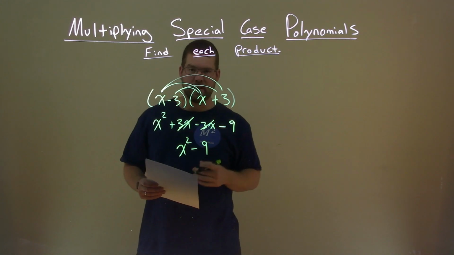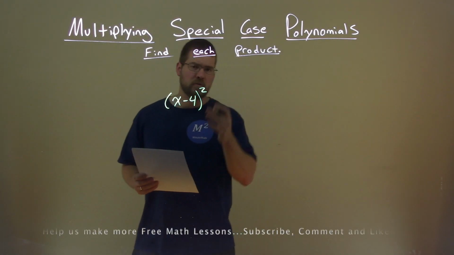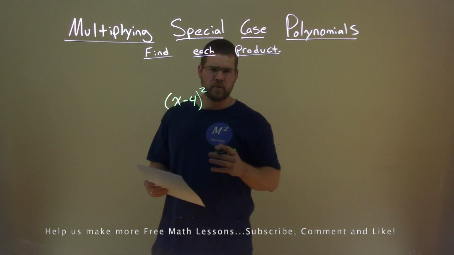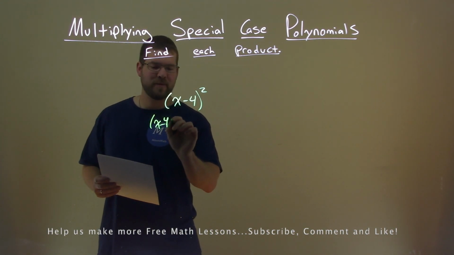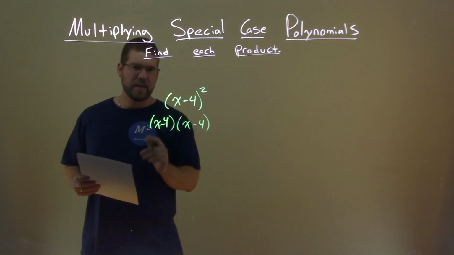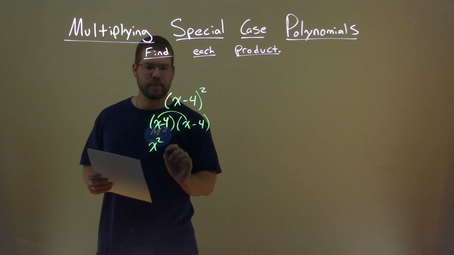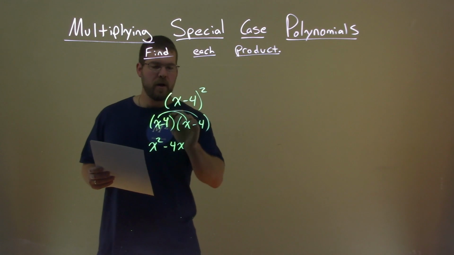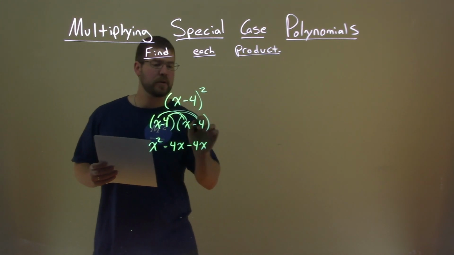as our final answer. We're given this problem here, x minus 4 all squared, and we need to find the product. Well, x minus 4 all squared, we know can be written as x minus 4 times x minus 4. Now all parts need to be multiplied. X times x is x squared. X times a minus 4 is a minus 4x. Minus 4 times x is again a minus 4x. And minus 4 times a minus 4,